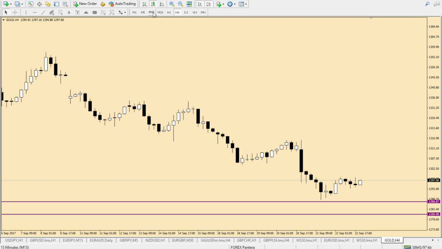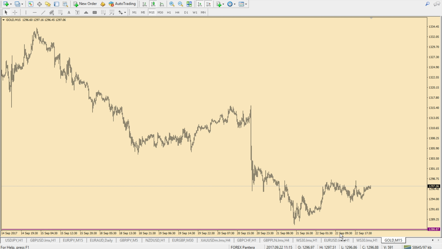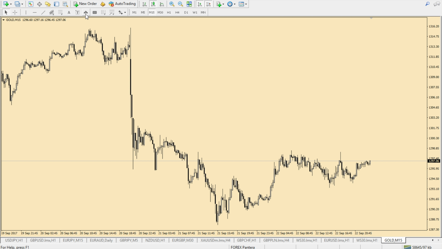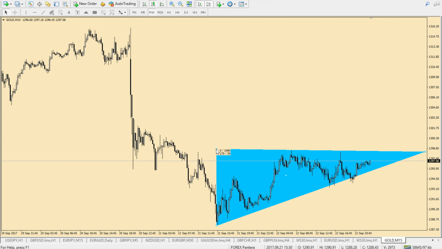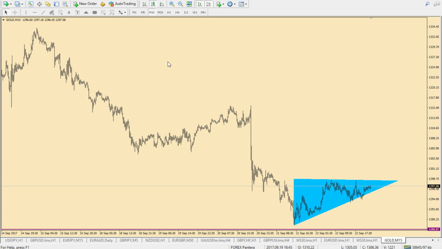But if we zoom in a little bit further, we can see that we have a nice wedge pattern here. The price dropped, formed this wedge, and the theory is that if the price gets into the wedge like that from the top, it should get out through the bottom. So we should drop here. So where I would see it falling is,